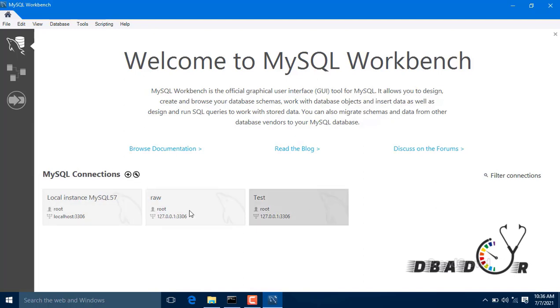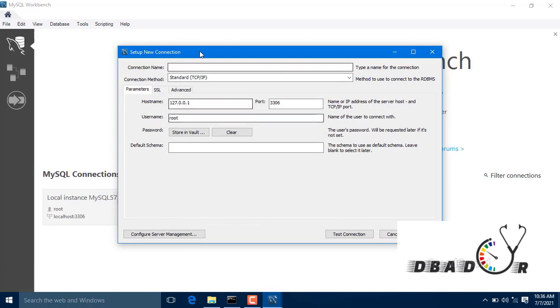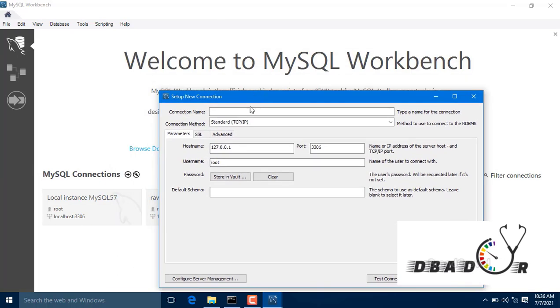I already created an instance connection. If you are connecting for the first time, just right-click here like this, and a pop-up will come. Here you have to make a connection string. This is the name, like an alias, whatever you want to give.